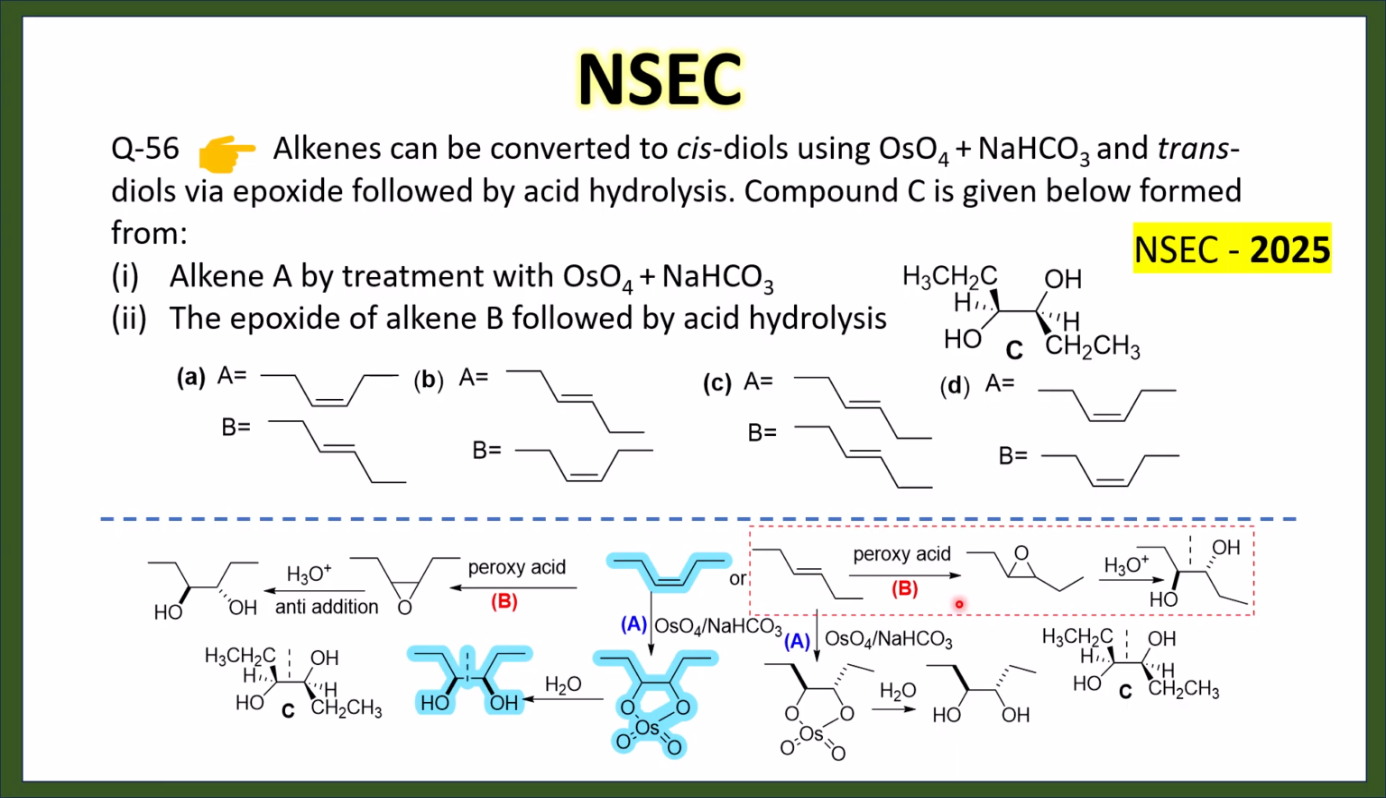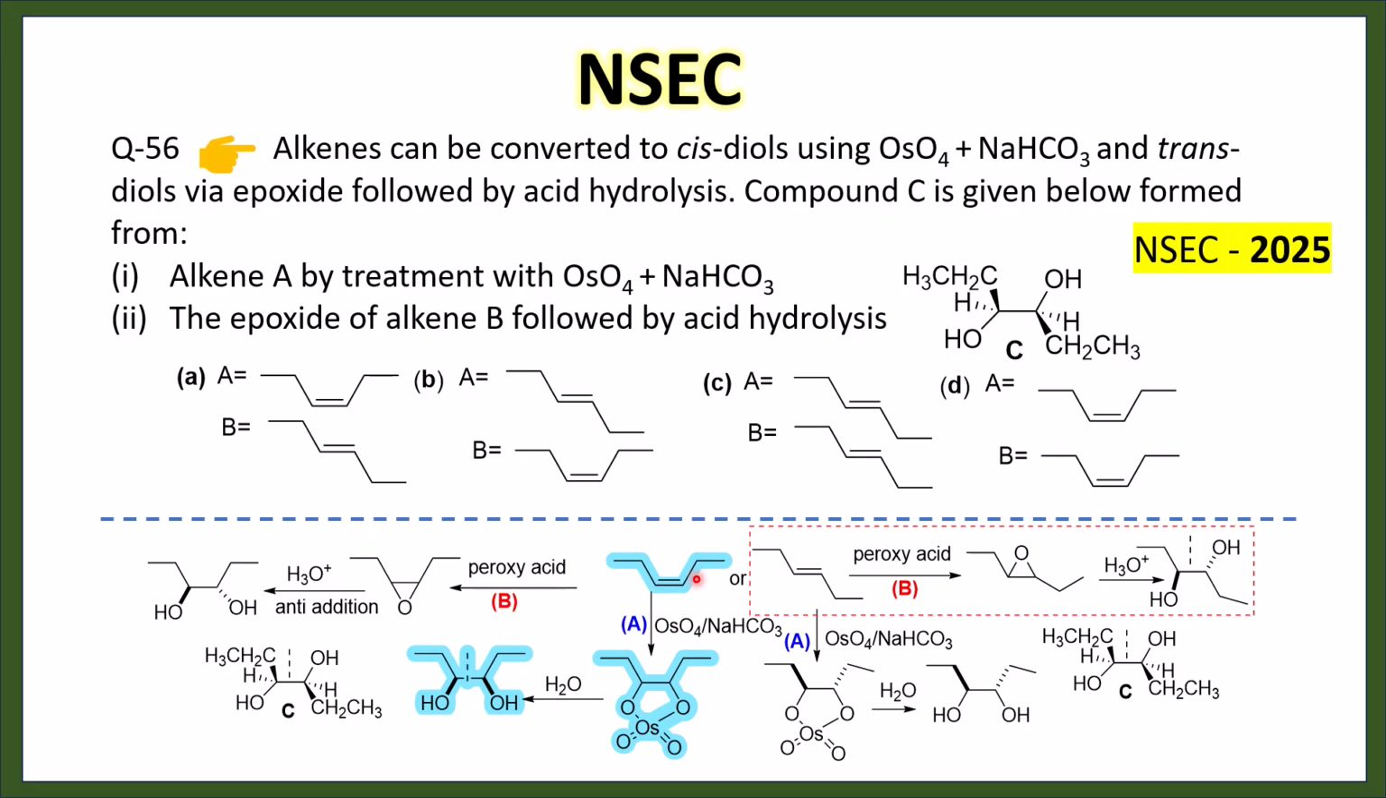Peroxy acid addition gives the epoxide. Further hydroxylation gives this diol, which is actually a meso diol. If we rotate this bond, we can find that C is formed. So this trans alkene gives the epoxide, which means alkene B is the trans alkene, which after epoxidation gives the product C. So trans is B. Now then